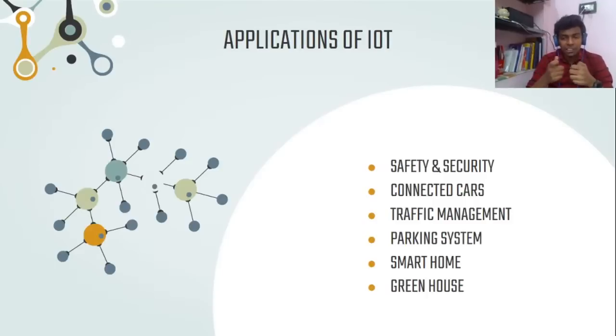It will give you the suggestion on your mobile phone when you are away from home or away from the agriculture field. If the alert comes, you just press one button to pass water to every plant. So it will be a very good smart application of the Internet of Things for the agriculture field. Okay, and then